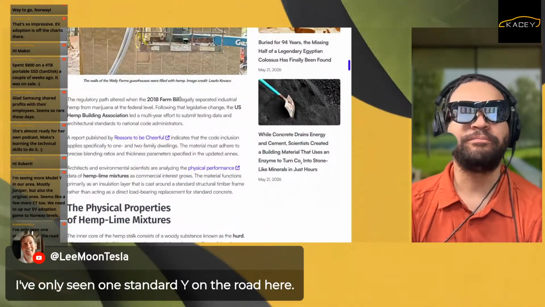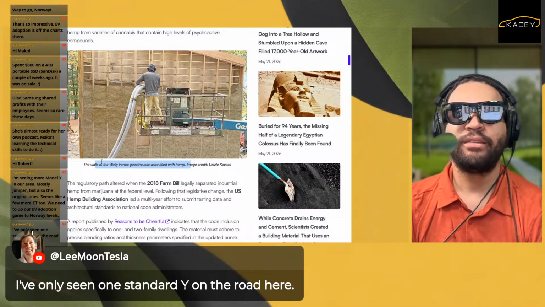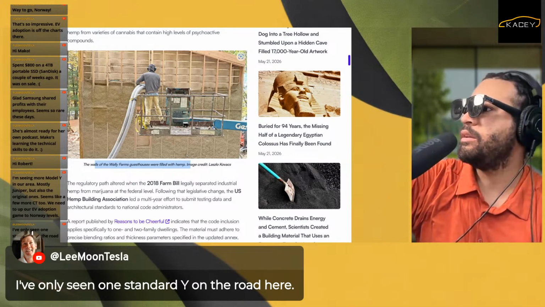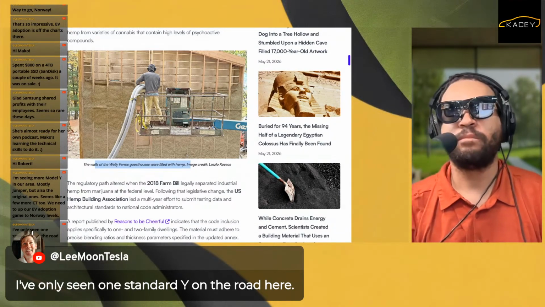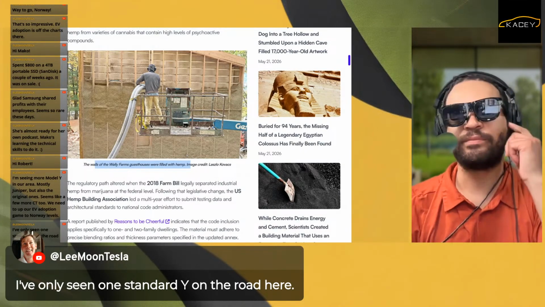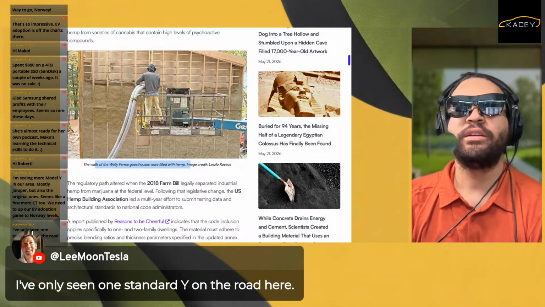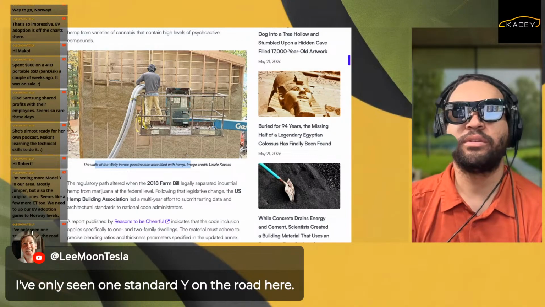The Zaza, if you will. Walls of Wally Farms guest houses are filled with hemp. The question, though, for me is what is the R-value and how thick does the wall need to be? Because I'm perfectly fine with foam. Of course, on a structure, it's not so bad, but on things that are mobile, is where it gets interesting.